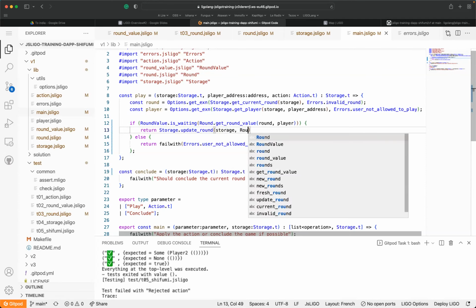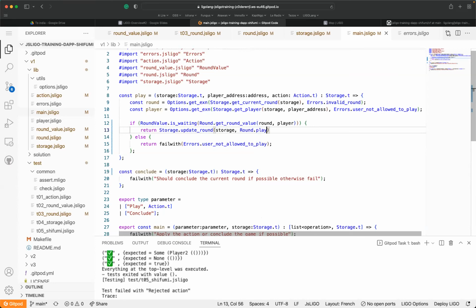And what we are going to do is act on the round, calling the play function for the current one, with the player which has been identified just before, which is the one computed here, and the action which should be done is the action here. And that's all. So here we reflect that the nominal case is if the current player is in the waiting state, then I can play. Otherwise, I'm not allowed to play. I cannot play. Okay.